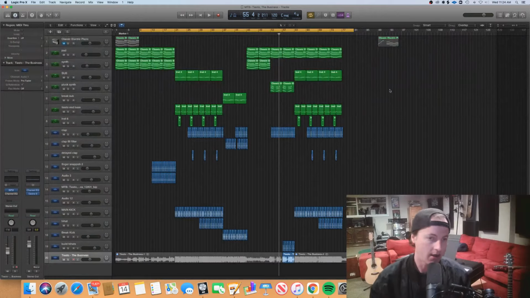So here we are inside Logic Pro. If you haven't seen one of these before, basically I've recreated this track layer by layer. I'm not going to play the original because I don't have the copyright. If you haven't heard the song in a while, maybe pause the video and go check out that original, Tiësto,